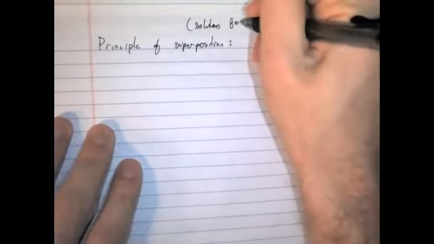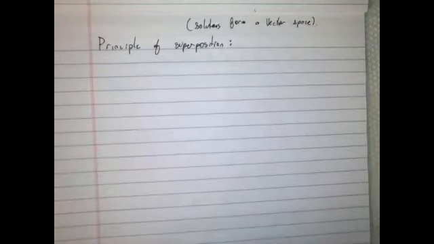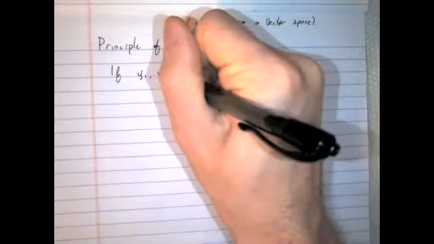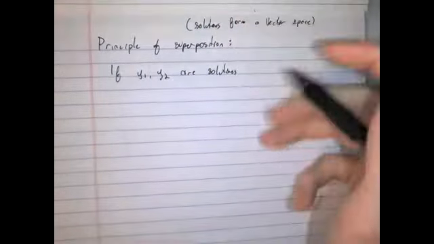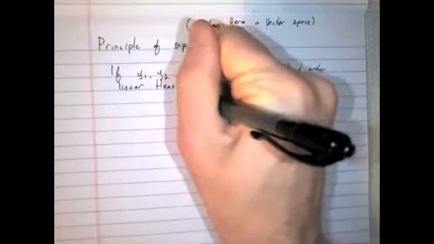Principle of superposition says the following. Can someone remind me what the principle of superposition is? Solutions form a vector space. Is it if y1 and y2 are a solution, then if you add them up together, it's also a solution? Yes, it's even slightly more general than that. If y1 and y2 are solutions to a second order linear homogeneous ODE,